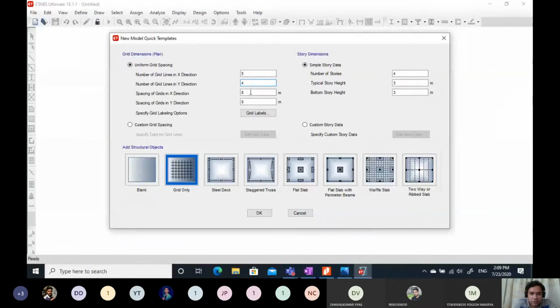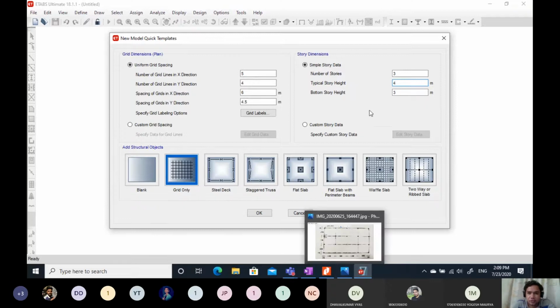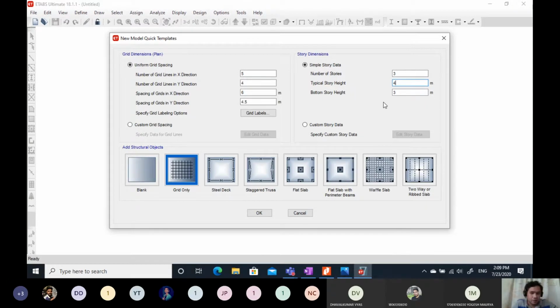The spacing of grid lines along the x is 6 meter, and along the y is 4.5 meter. Number of stories, you may set 3 story or 4 story, whatever you want. Let us say 3 stories. And the story height in our case was 4 meter, so we'll change this to 4 meter.